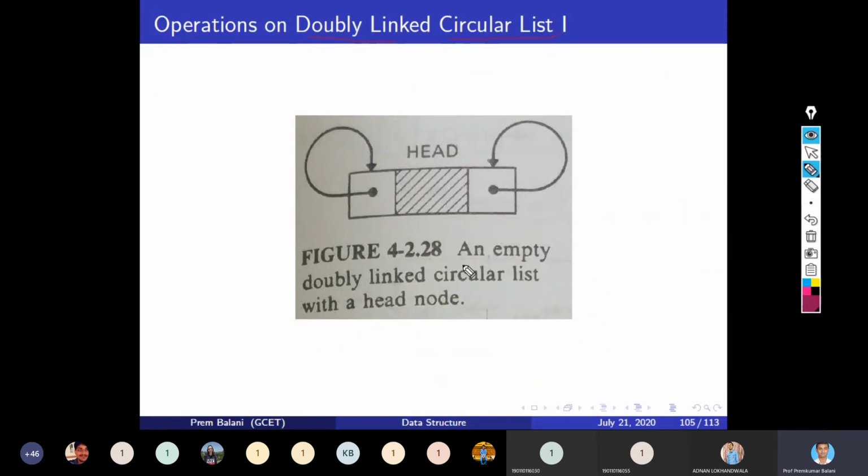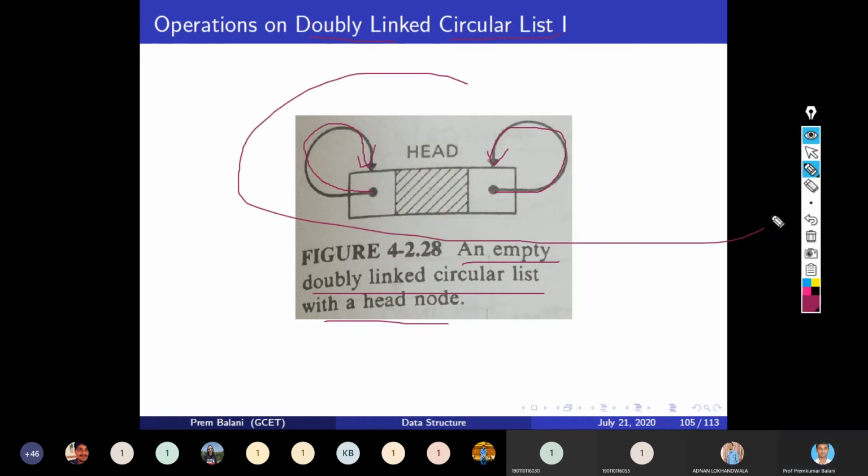So this is an empty doubly linked circular list with a head node. RPTR is pointing to the node itself, and LPTR is also pointing to the node itself. That's why it is called circular. And this is the head. Right now, this is empty.